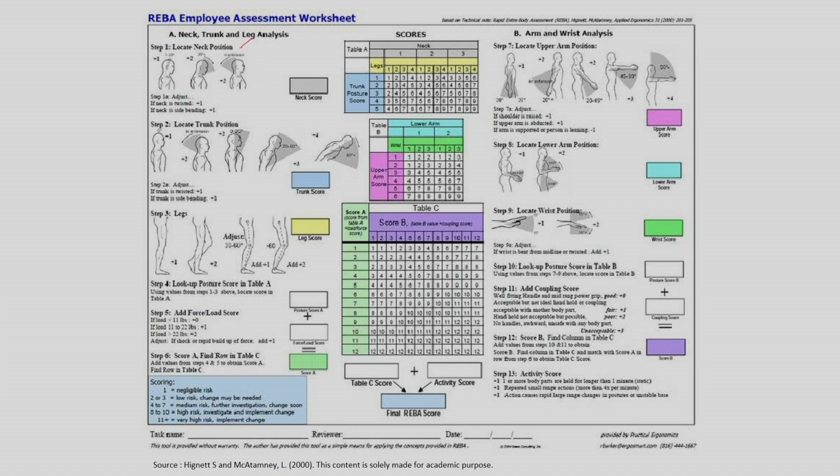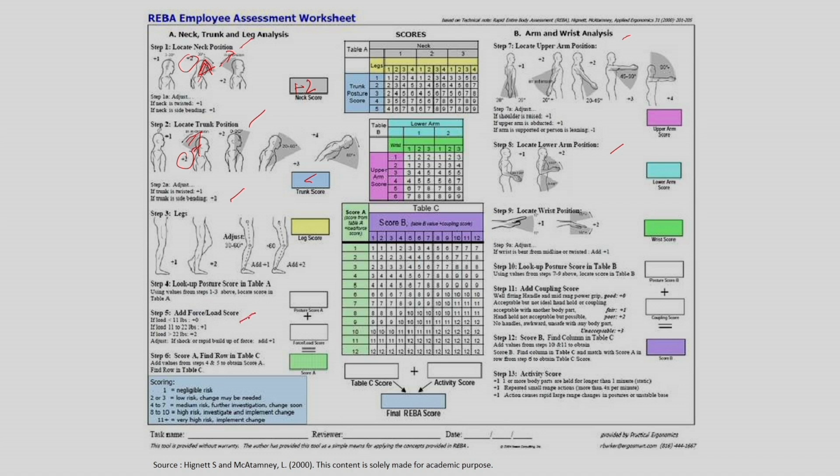According to the body posture, there are a few steps. You can get this type of form in some books or references, and see how much change there is from the neutral position. If you locate the neck posture, and your neck is in this position, then you assign some value, it is +2. So you have to write +2 here. Maybe your hand is in this section, so you assign this value here. Like this you put these values in the respective boxes.